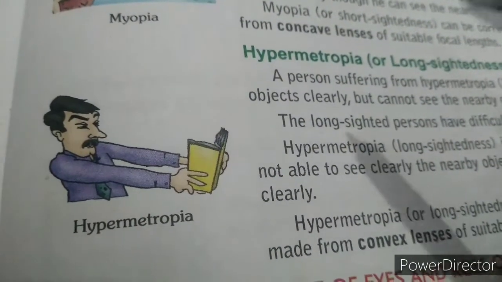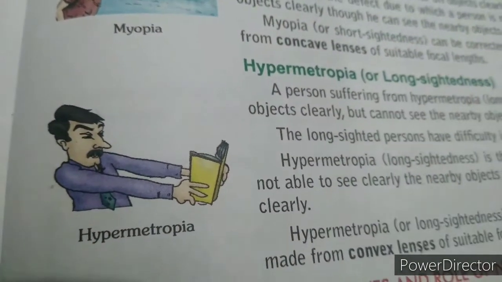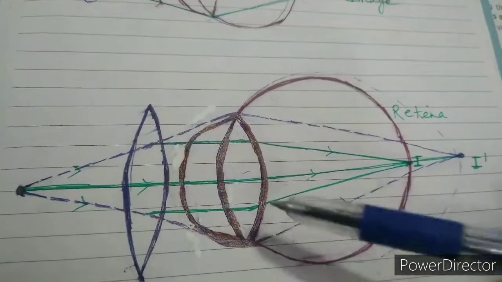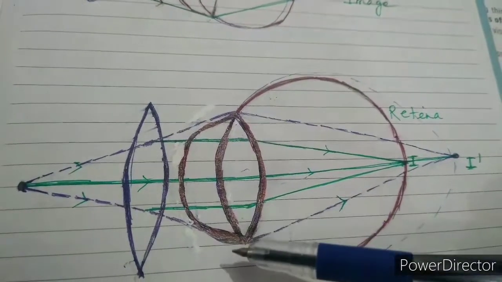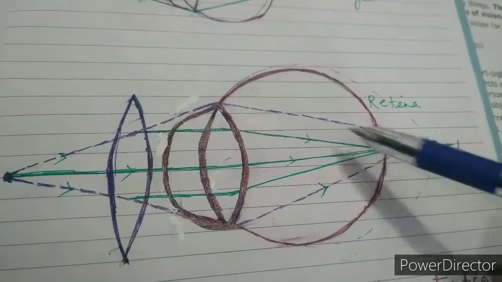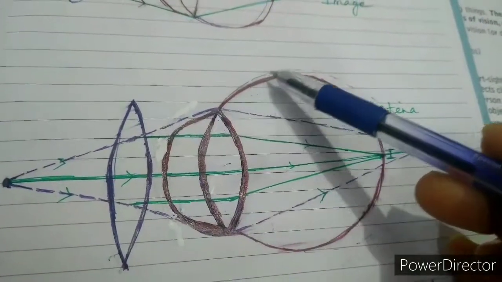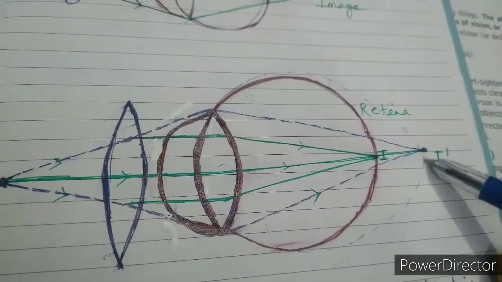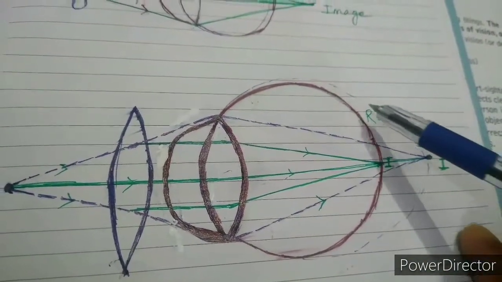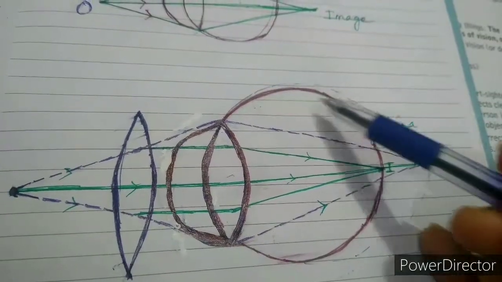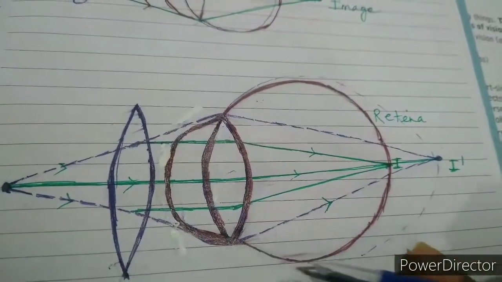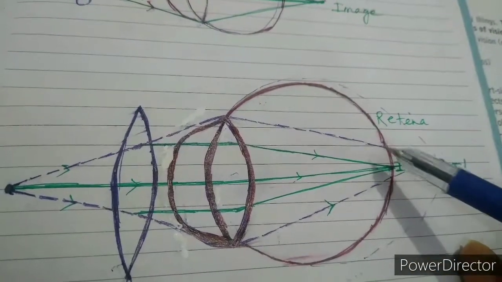Now, causes, that why this hypermetropia causes. So see, it is having two causes. First one is what? The first one is the decrease in the length of the eyeball. See, the actual size of the eyeball should be up to this. But what happens? Its size decreases and it becomes up to this. This is the eyeball. Eyeball decreases.